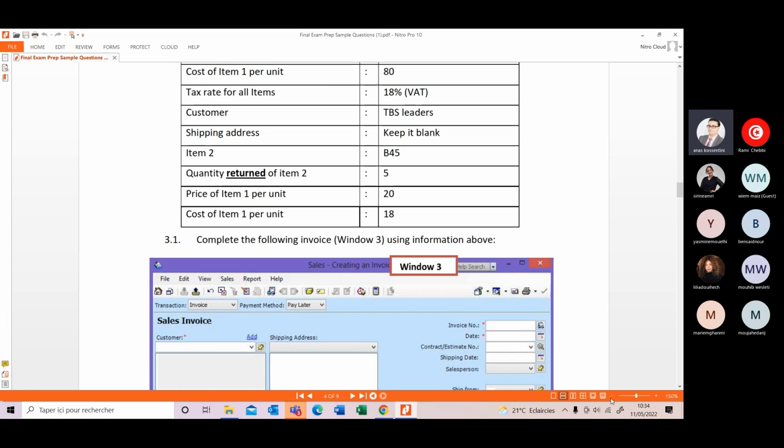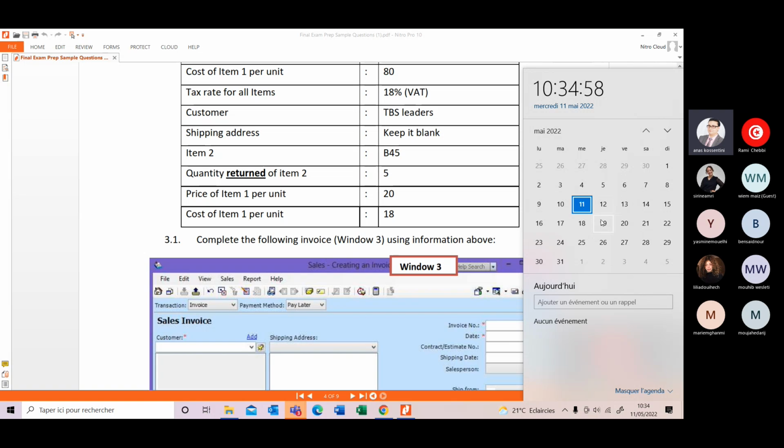Just one more thing. The final exam, I don't know, it's planned to be on the 26th, if I'm not mistaken, right? Yes, it's on Thursday, Thursday the 26th of May. If you have any question,